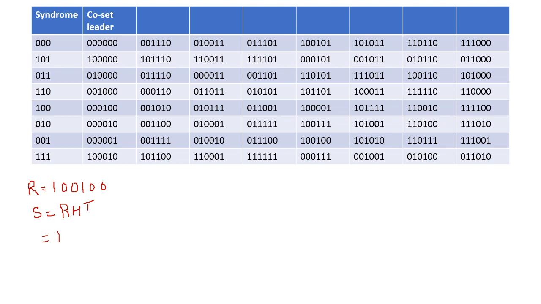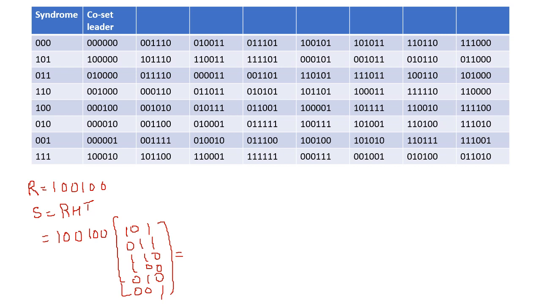The H transpose matrix is 1 0 1, 0 1 1, 1 1 0, 1 0 0, 0 1 0, 0 0 1. That is nothing but your parity matrix concatenated with your identity matrix.